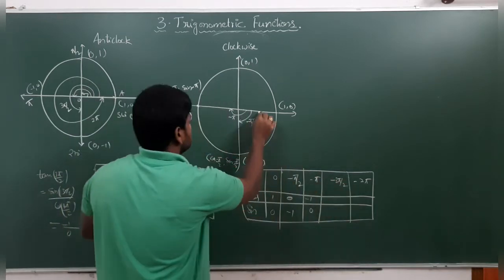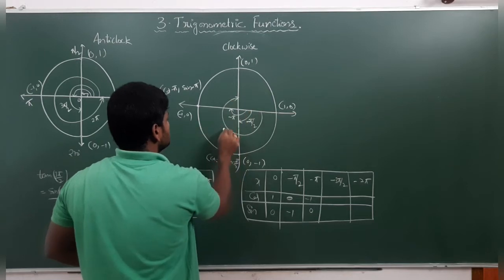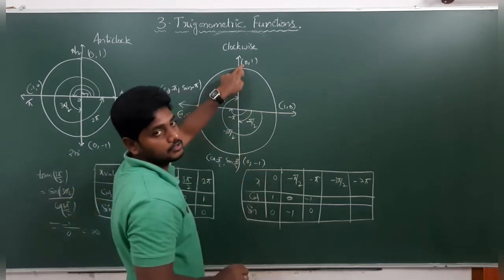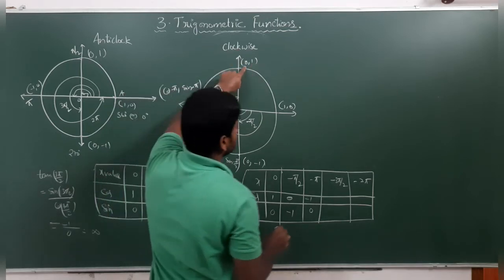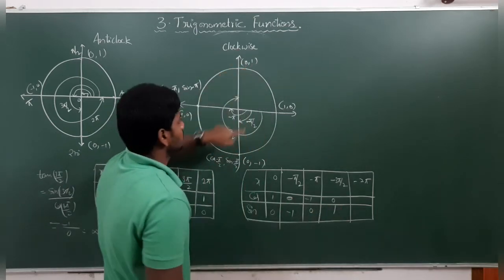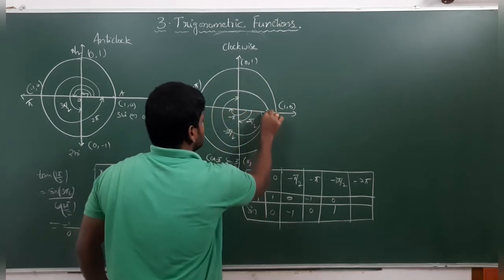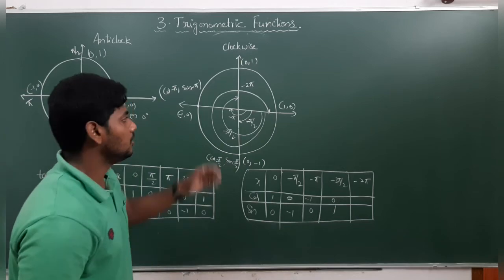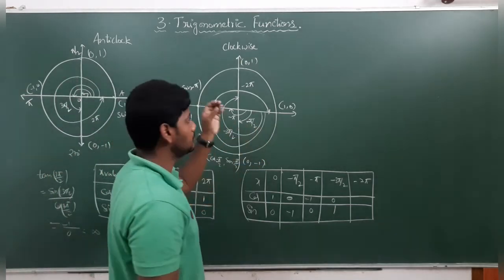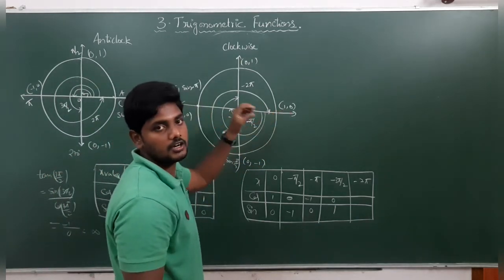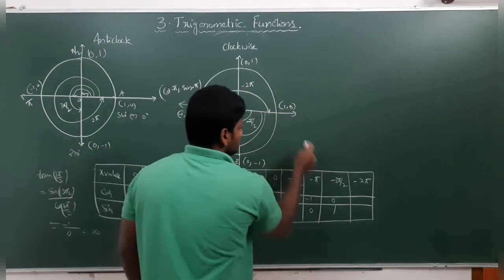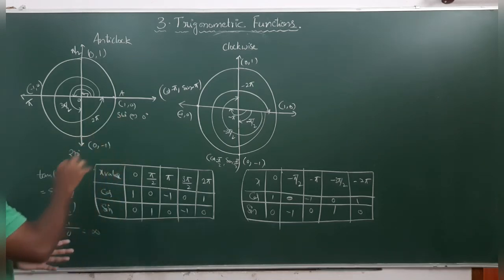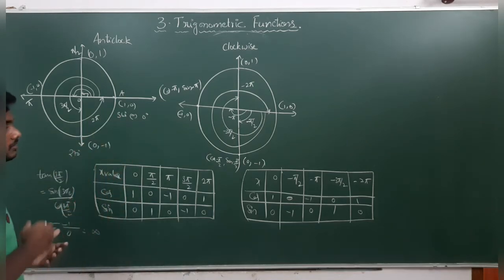Next, minus 3 pi by 2 is this one. What is minus 3 pi by 2? Cos of minus 3 pi by 2, comma sin of minus 3 pi by 2. Those values are 0 and 1. Next, if it completes one complete rotation, nothing but minus 360, you can write minus 2 pi, or 0, or 2 pi. Why? Because this came to the stable position, or initial position. So those values are 1 and 0. Don't confuse, you can easily tell any one of those values.